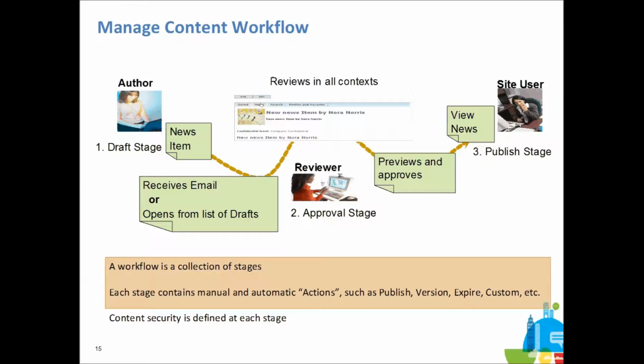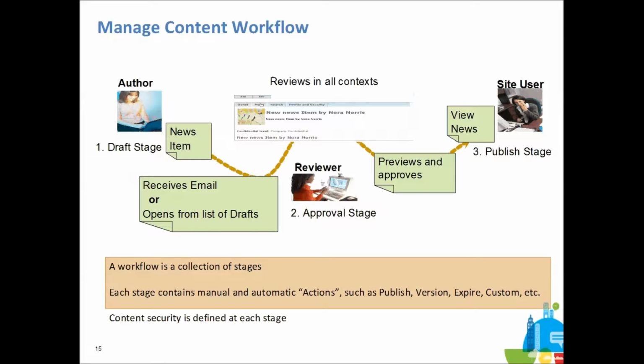A workflow controls the lifecycle management of a content. A content goes through several states like draft, published, expired, pending published and pending expired. Changes to WCM items are managed by a workflow. A workflow is basically a collection of stages, and a stage is again a collection of actions. Say for example, you have a workflow that has the stages draft, approval and published. And in the approval stage, you have an email action. So whenever a content author submits a content for approval, an email notification is sent to an approver.